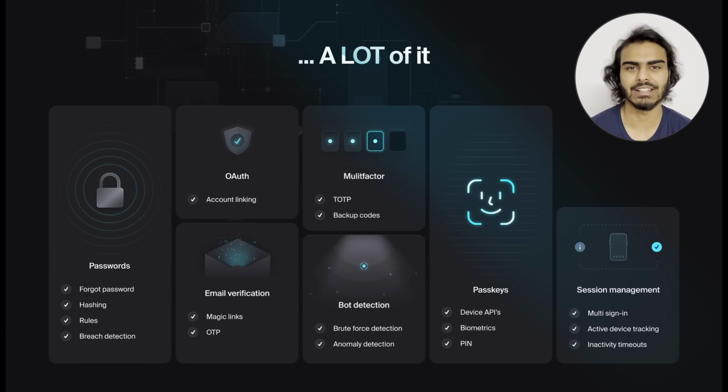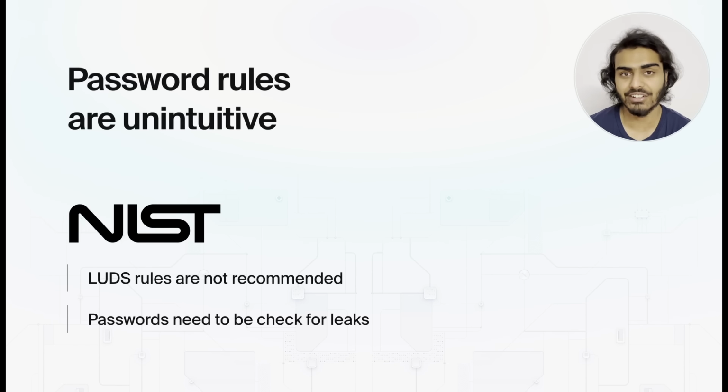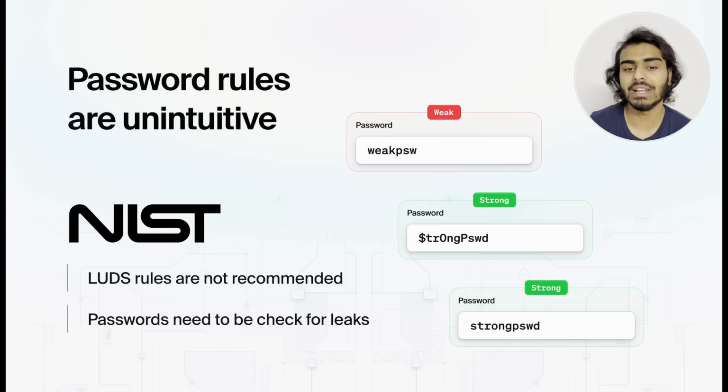So let's go down this list for a bit. Passwords are the easy one, right? Well, unfortunately, there's a lot more to passwords than don't store them in plain text. Did you know that the US government has a department called the National Institute of Standards and Technology that very specifically outlines how to handle passwords, or as they call it, memorized secrets? Turns out having a combination of uppercase and lowercase characters and digits and symbols, also called the LUDS requirement, is a bad idea according to their research.